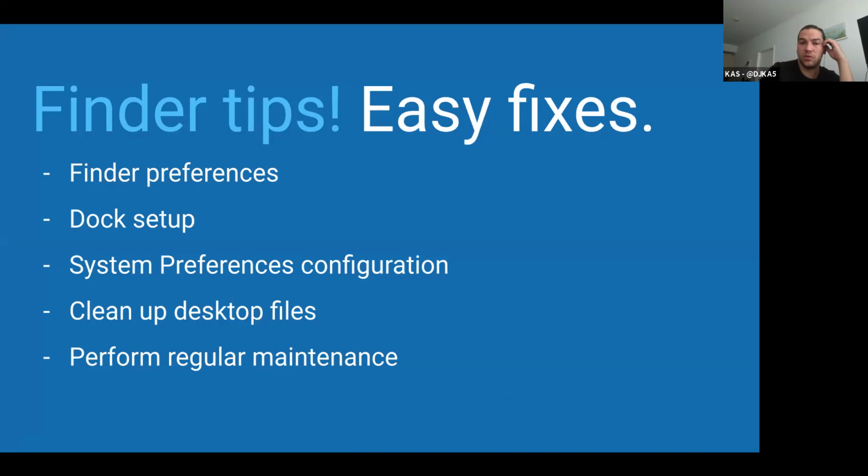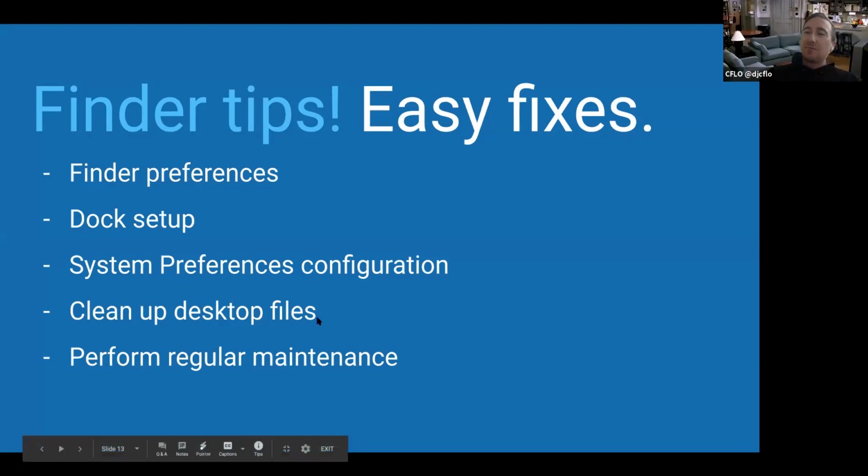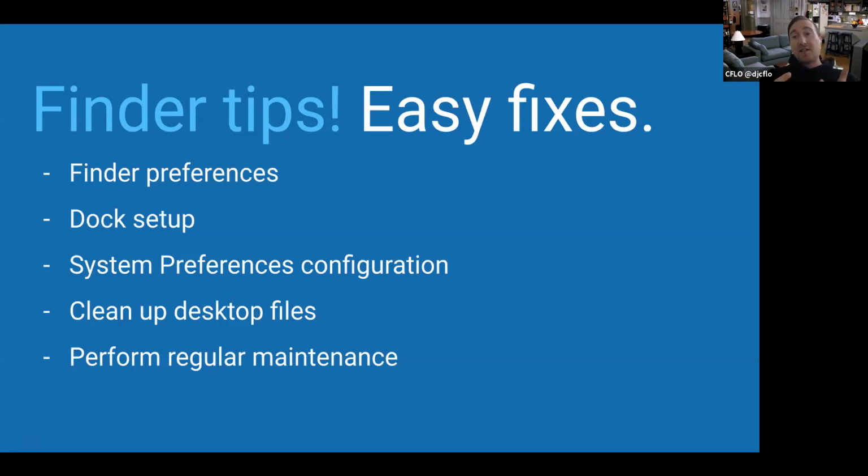Cool. So the other things here on my list, I'm just going to keep going then. The other things on my list are cleaning up the desktop files. Your best bet is to make a folder on your desktop called desktop files and move all the files into that. Because if there are files on your desktop, macOS is automatically caching them every time it boots, trying to prioritize the files on the desktop, and it will make your computer run slower. I don't usually talk about computers running slower because that's not really what's happening.